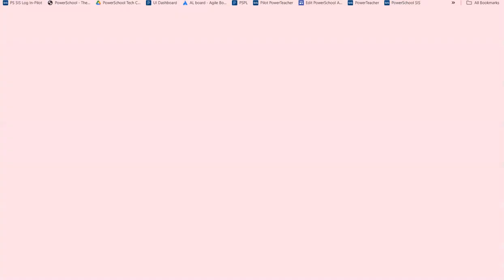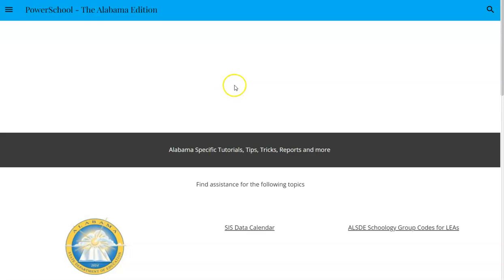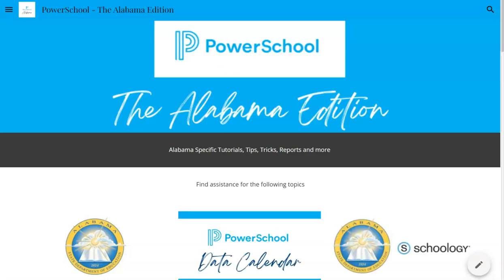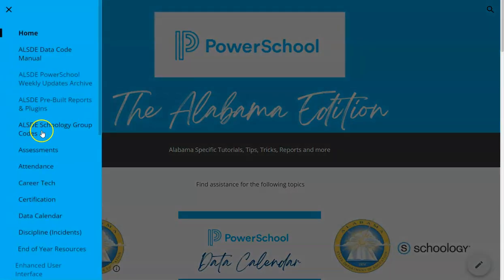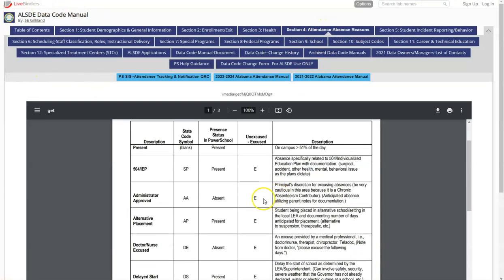One other thing I want to show you is our PowerSchool Alabama Edition website. You can just go search for PowerSchool Alabama Edition, and then you can pull up the ALSDE data code manual on the left-hand side. And then our attendance and absence reasons are under section 4, and this is where you can see the code and whether or not it is a present or absent